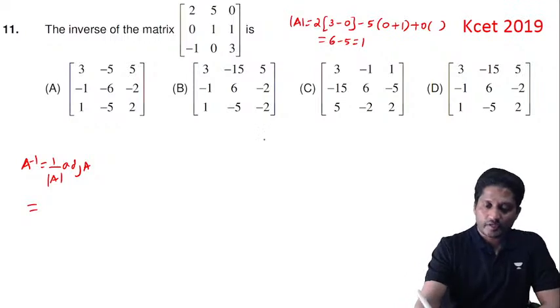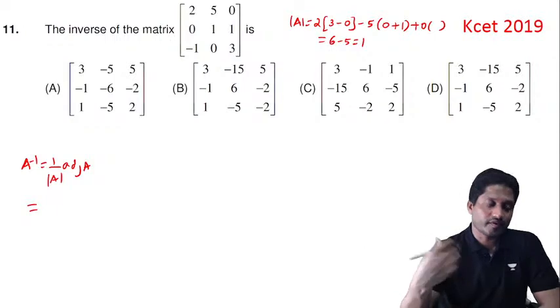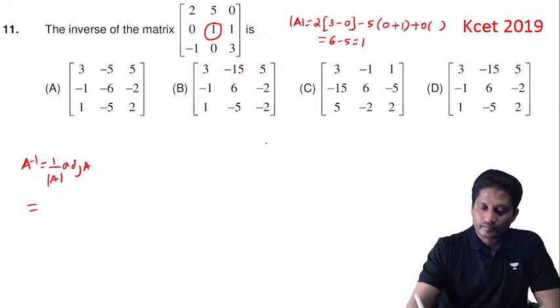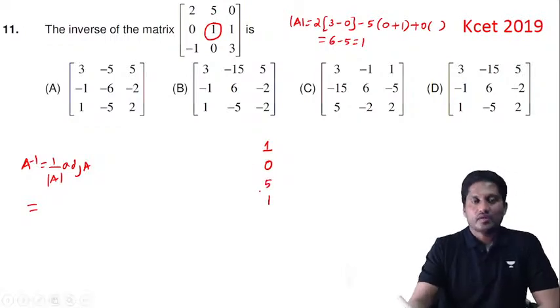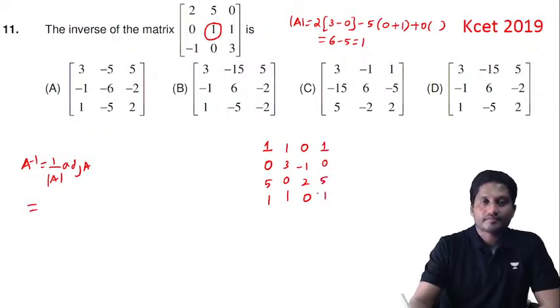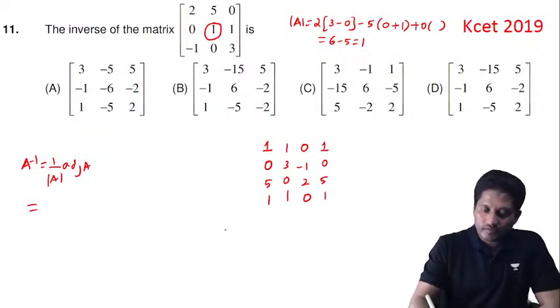Now if you want to find the adjoint, follow carefully. Don't use cofactors and transpose of all cofactors, all that. Take the middle number 1. Below 1 I have 0. Left out in the second column is 5. Repeat the first number. Do the same thing for the third column: 1, 3, 0, 1. Do the same thing for the first column: 0, minus 1, 2 and 0. And repeat the entire first column: 1, 0, 5, 1. Now adjoint of A is equal to,